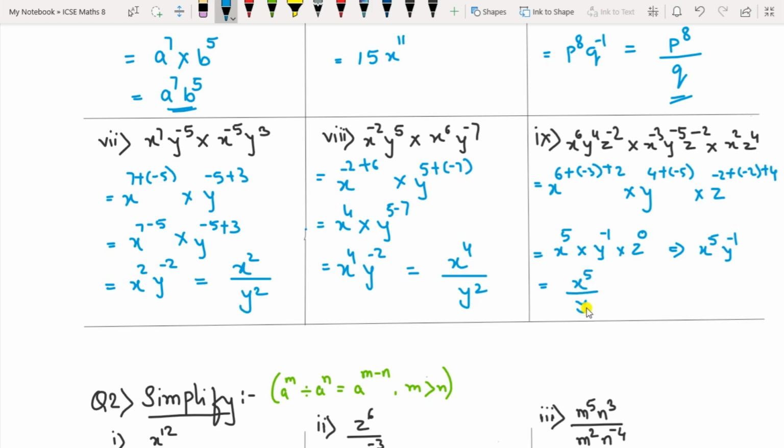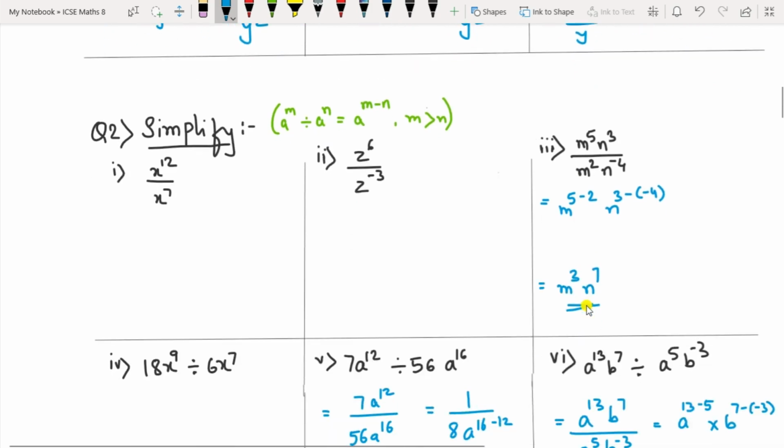Okay. Now let us move on to the second question. The first question was about multiplication, here the second question is about division. So if division is there, you have to subtract the powers. So a raised to m minus n, where m is greater than n. If the numerator has the greater power, then the denominator power will go up to the numerator, and if the denominator has the greater power, then the numerator will come down. So that is a simple case. In this case, the numerator has the greater power, so it will be 12 minus 7, that gives x raised to 5.